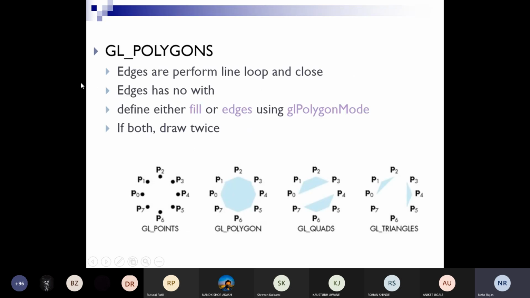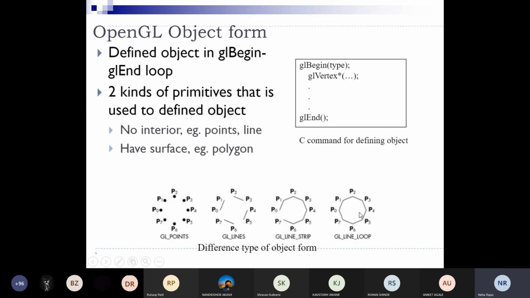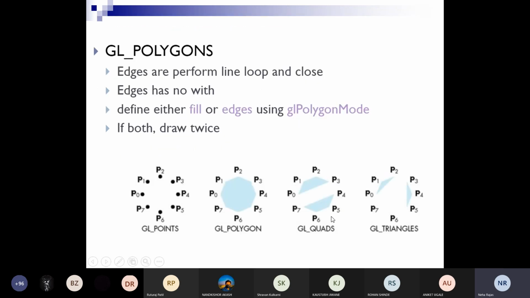So what is GL polygon? Edges form a line loop and are closed. I told you earlier, in this diagram it is forming a loop, so we can call it a polygon. So your second unit is polygon. We have to see all the properties of a polygon. You can ask me, why madam are we going for a polygon only? Why not other